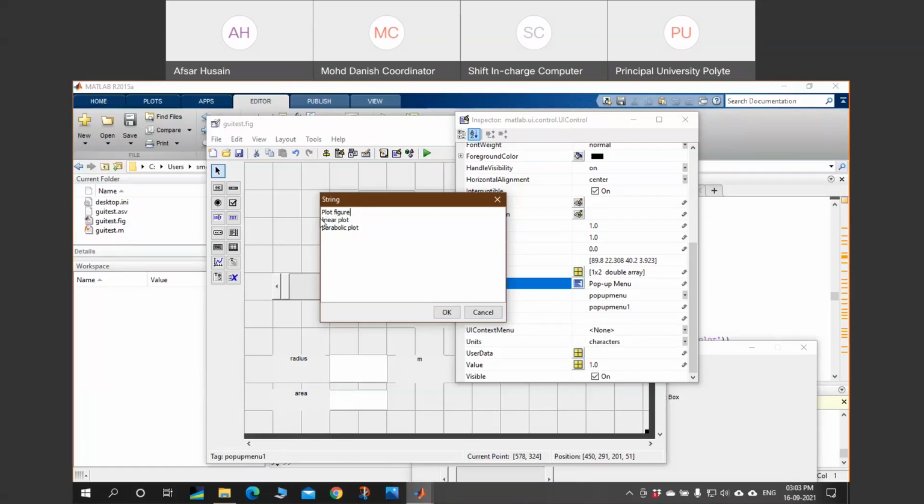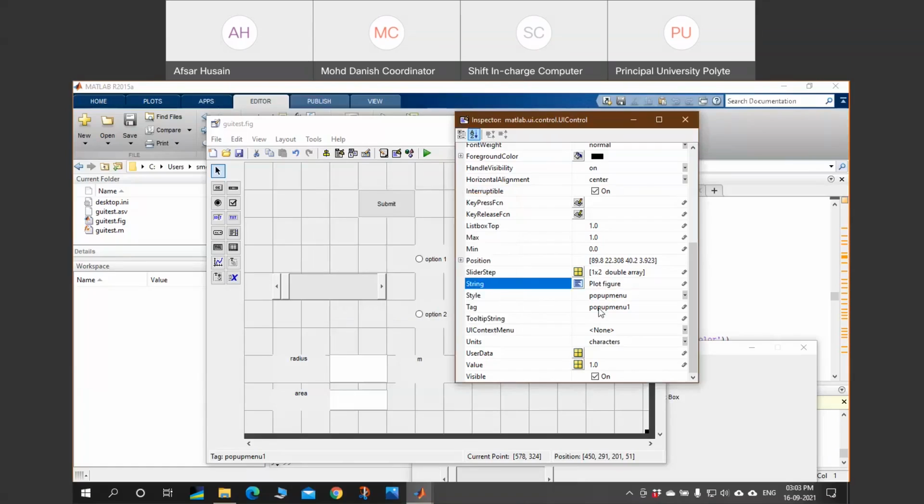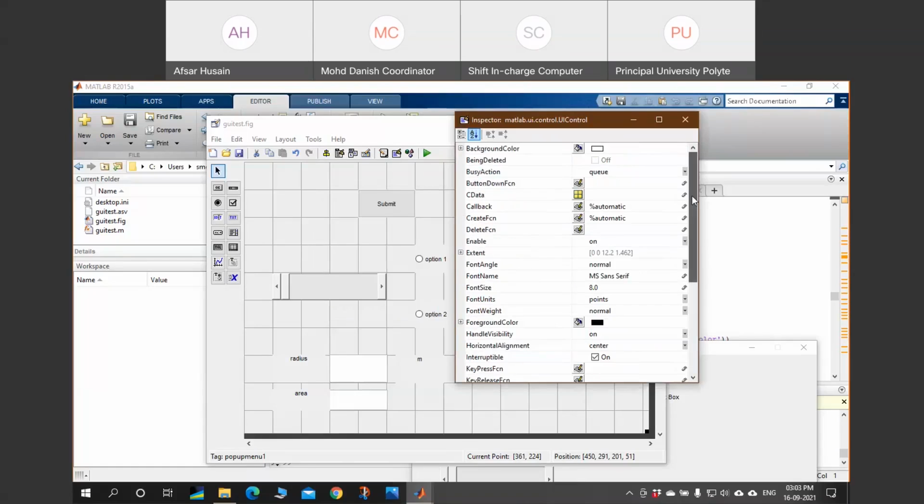Then hit enter. In the second line I have provided linear plot, and in the third line parabolic plot. You can write whatever options you want the user to have. I just hit OK, and I'm not tagging it. I'm just taking the default tag and hit the callback function.